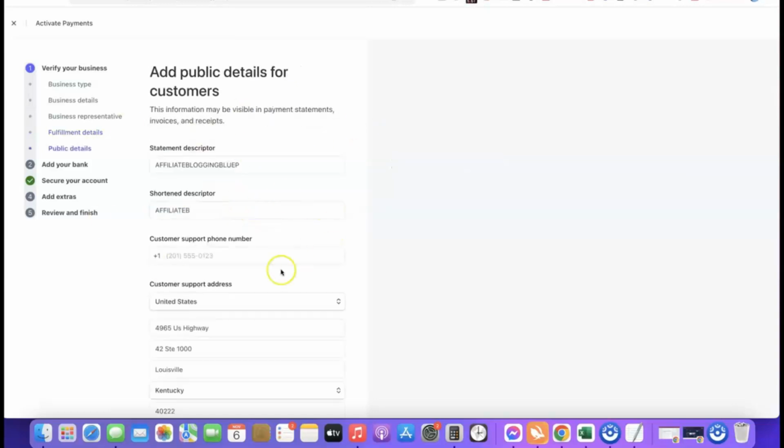So after that, they are going to ask you to enter your public details for your customer. So this is what your customer is going to see when they are checking out on your website. So here it says statement descriptor. So this is what is going to appear on the debit message your customer is going to see when they purchase any product on your website. So this could be a short form of the product you are selling. So this is just to let them know that this is from your website